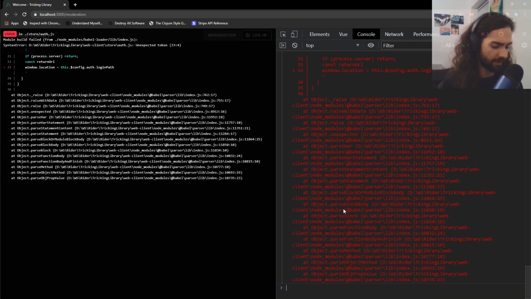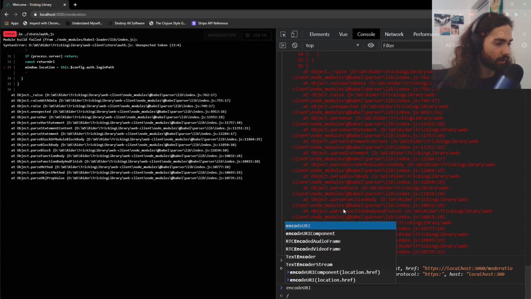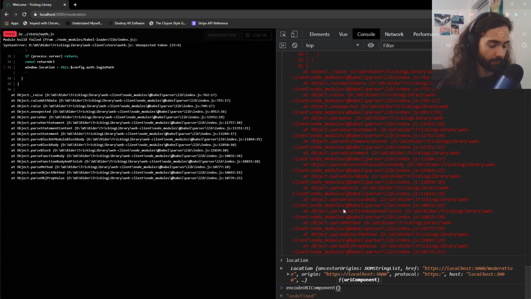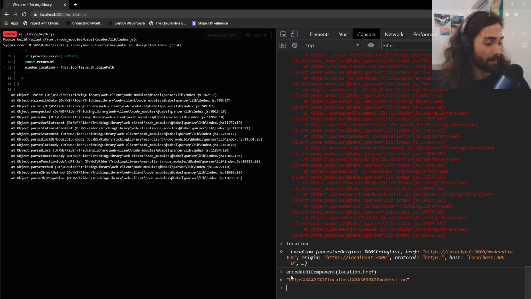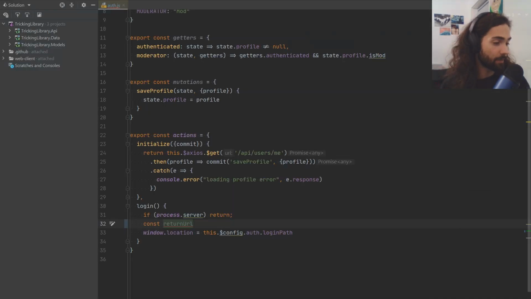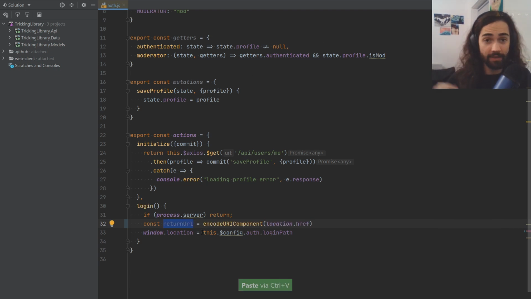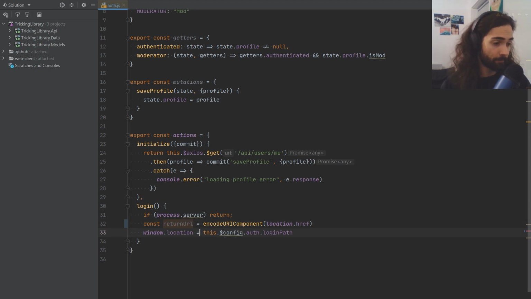We can just look at the location, and then we can encode URI component of something like location.href, and this will give us something that we can put as the return URI parameter. Right, so here's the beta code. Let's assign it to this, and this is the bit that's going to be the query parameter, right? So let's go ahead and